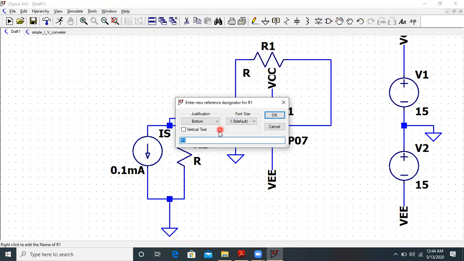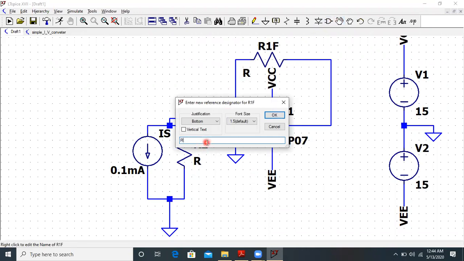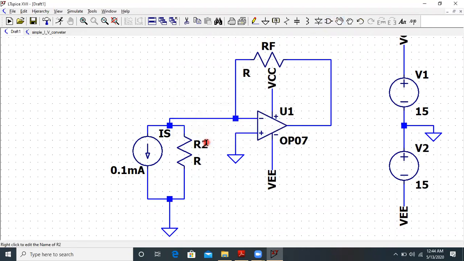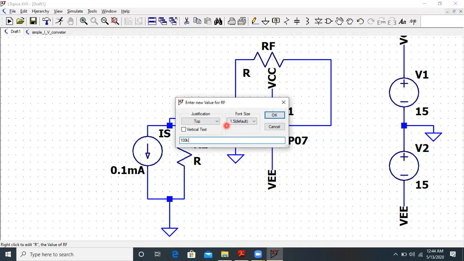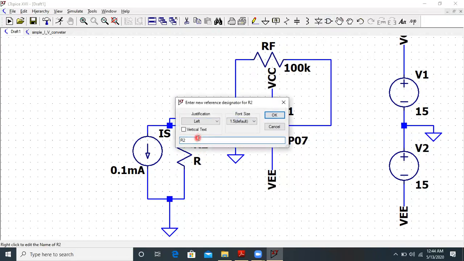Now let me rename this resistor as RF, and let me give this value as around, let's say, 100K. So around 100K is the value of RF.